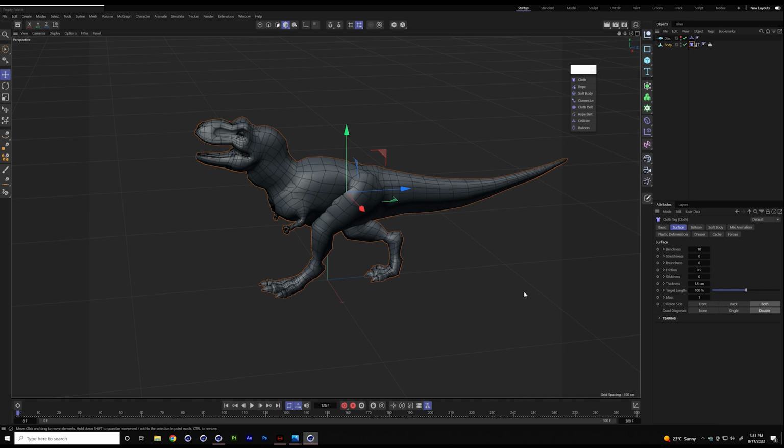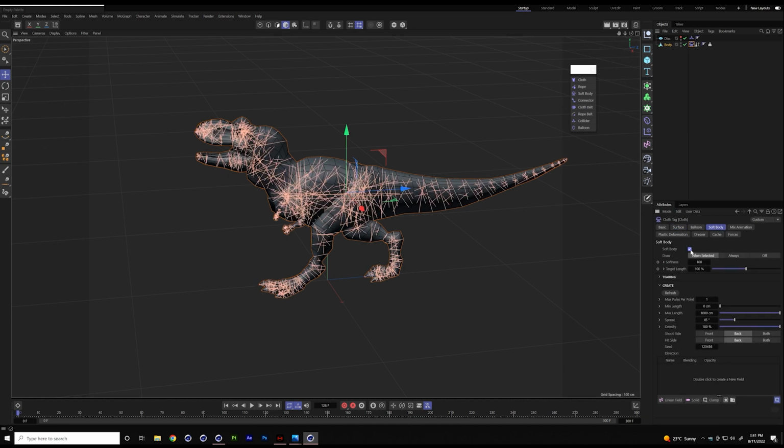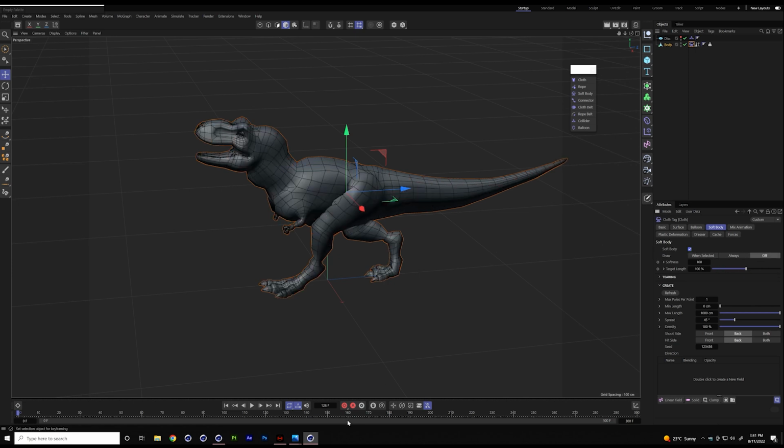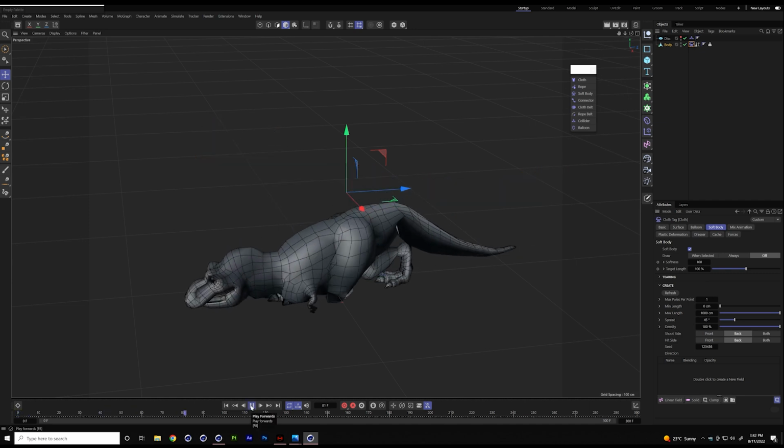So one of the things our amazing developers are working on at Maxon is a way to solve this problem by creating an internal structure. This internal structure is what we call poles. These allow the object to retain part of its volume.